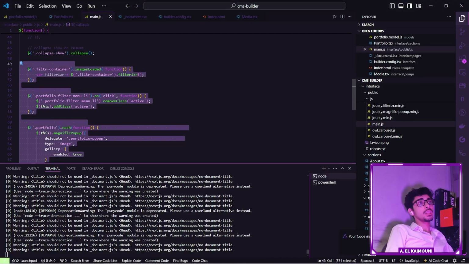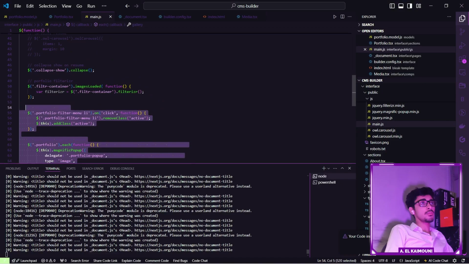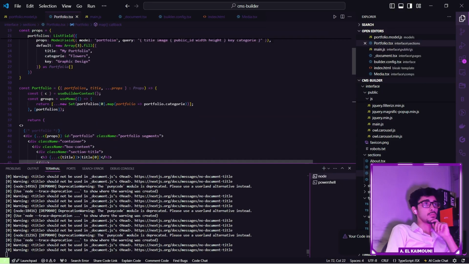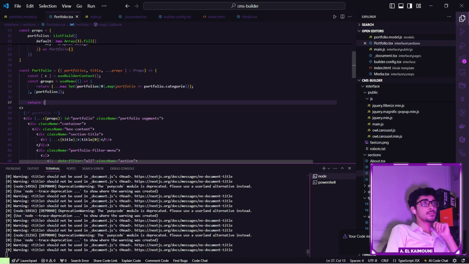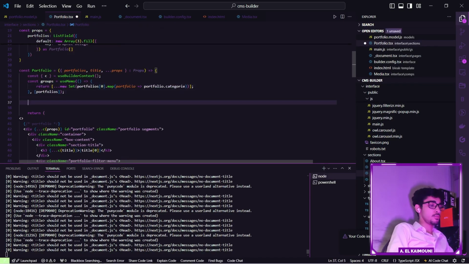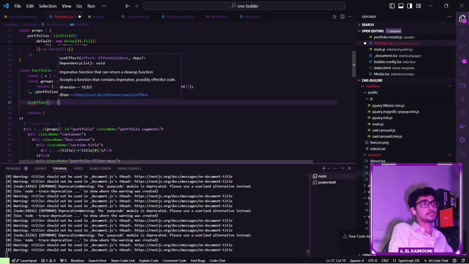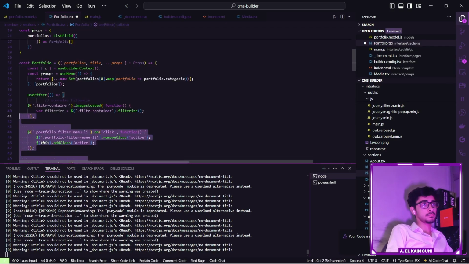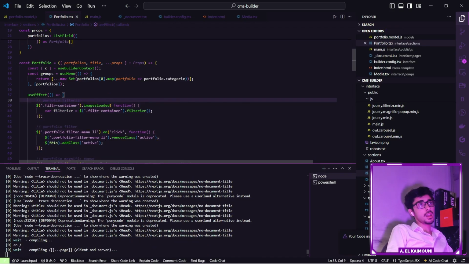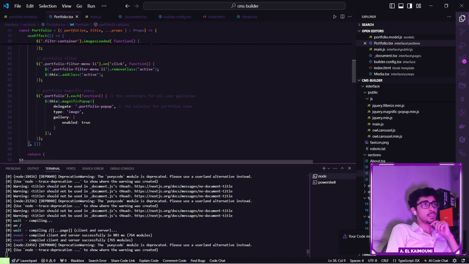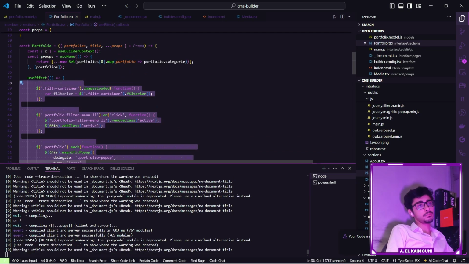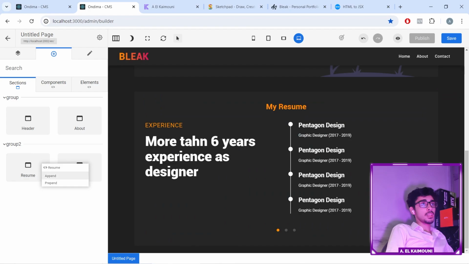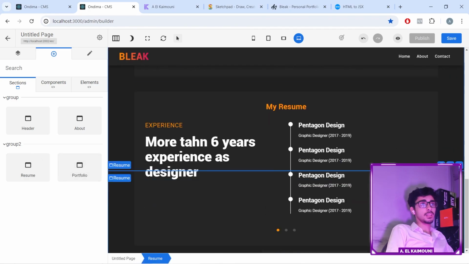Alright, so we're gonna do the same thing as we did earlier. We're gonna copy this code, we're gonna comment it, go to the portfolio component, we're gonna use effect hook and put our code inside. So now every time a portfolio will be rendered, this code will run. So let's test it. Let's remove this and add a brand new one, and not resume, but